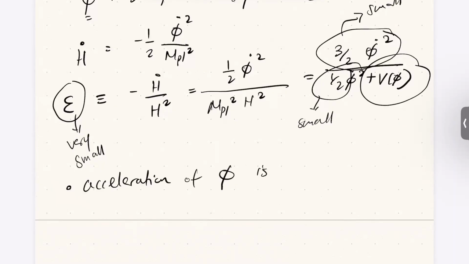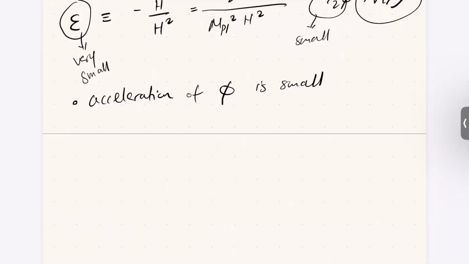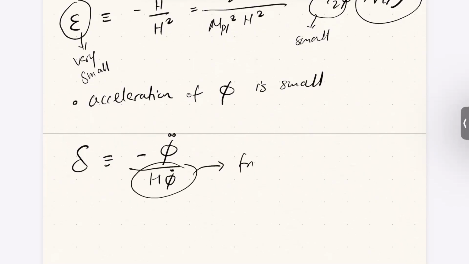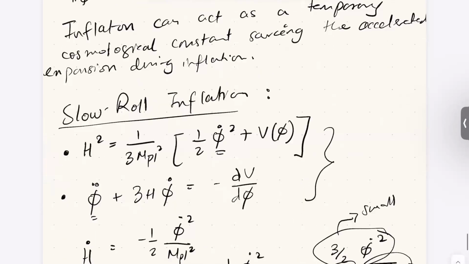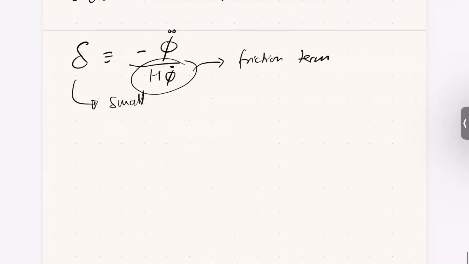of phi is small, and for that I can sort of define a dimensionless acceleration parameter, which is given by delta, which essentially measures or basically relates the acceleration of the inflaton. And over here, remember, this is the friction term that comes from the Klein-Gordon equation that I have written over here. Okay. Now, of course, if the acceleration of phi is small, then delta must also be very small. So this is a very small quantity as well. So putting the two together,